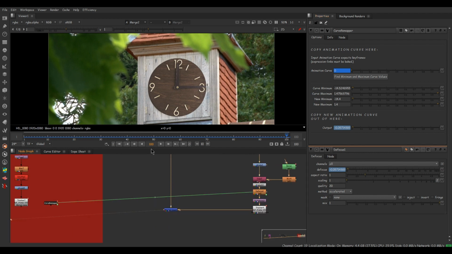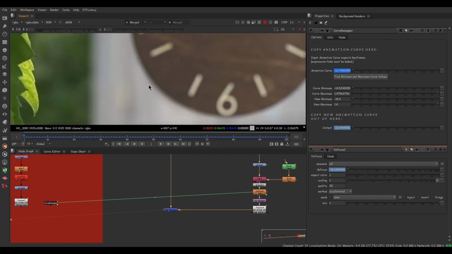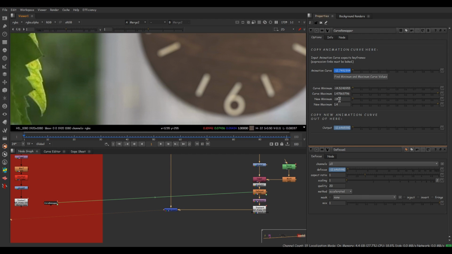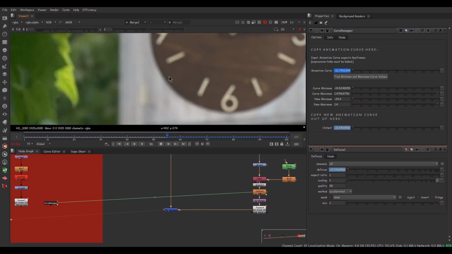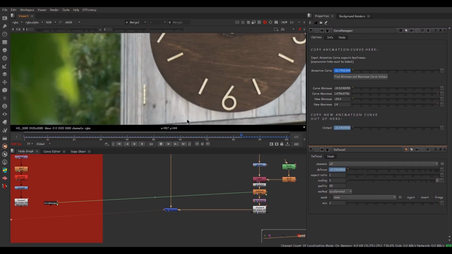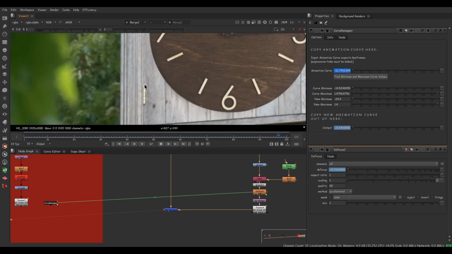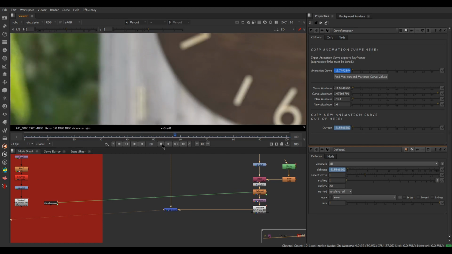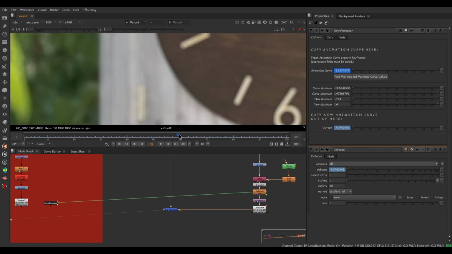Oh cool, we have some defocus in the element but not matching up to the input level. It's time to play around with the new minimum and maximum values. Let's play with this. Cool, it's almost matched. And let's play the footage one more time. You can see the rack focus is now in the element too. So according to me, this is brilliant. Just play around with the most and least values and all the animation is there accordingly. You can even see the small defocus animation too.